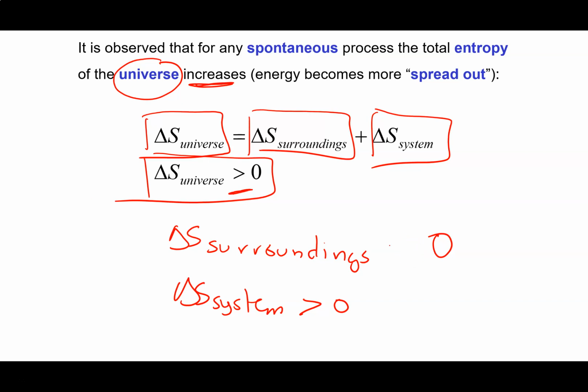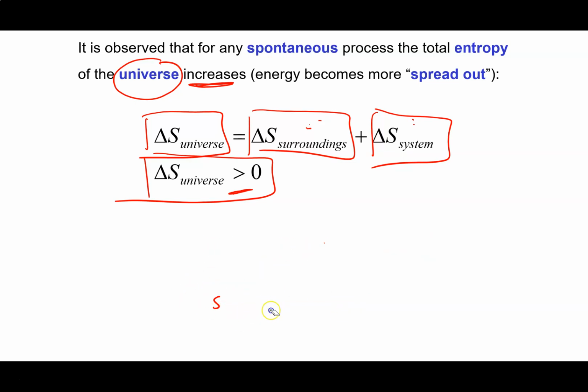If the change in entropy of our surroundings is positive, then the change in entropy of our system can be a little bit negative, provided this offsets that negative change so that when you add the two together, you get a positive number. So what it really means is that one or both of these must be positive in any spontaneous process. And if one of them is negative, it can't be so negative that the other one can't offset it, so that when they're added together, we get an overall positive number.